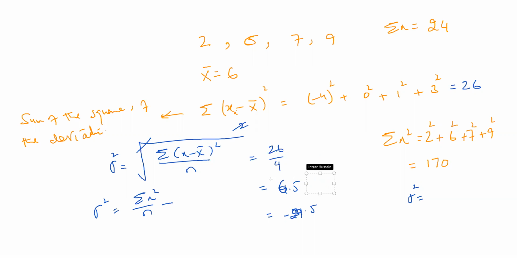Let me write this neatly. I was wondering how come this standard deviation is coming in minus, because we have squared all of this. So this can never be in minus. So this was simply 6.5. No one told me this is going to be 6.5. Now your variance is going to be